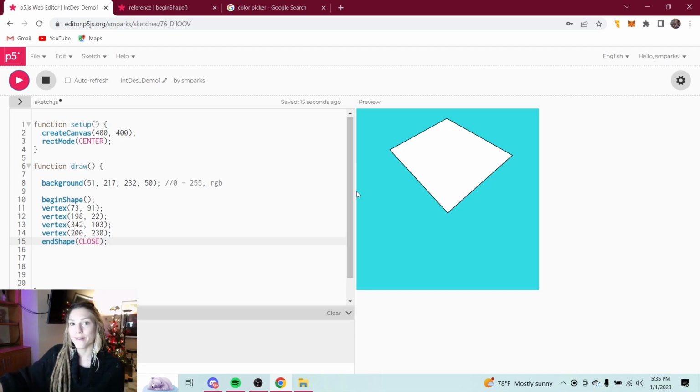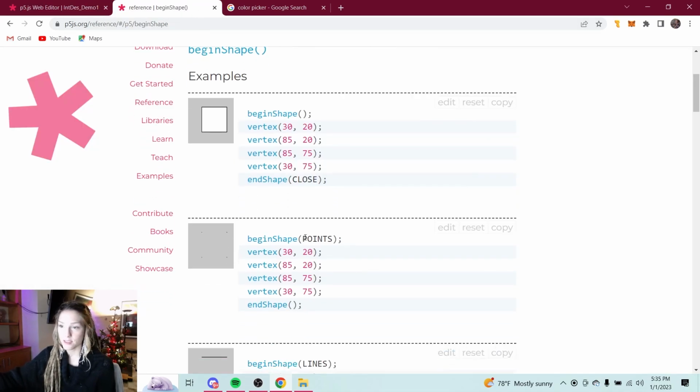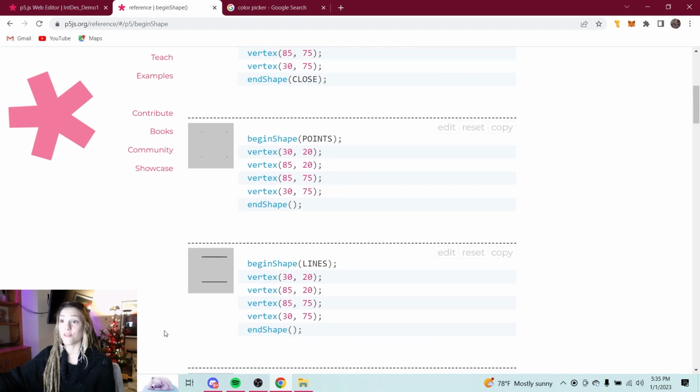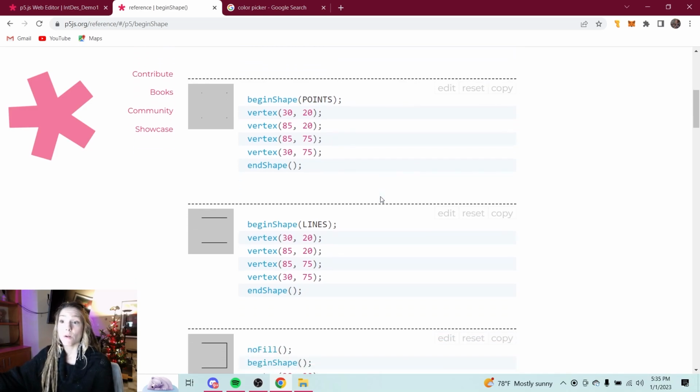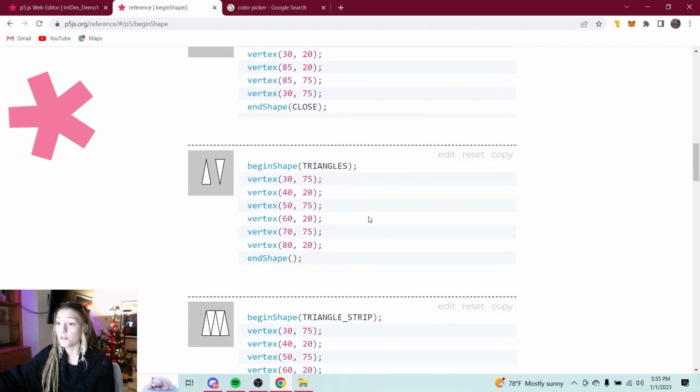So go ahead and play with that a little bit on your own. I'm not going to describe that much further, because if you come over to the reference, you can get a lot from this reference. Like you can make them all points if you put in the parameter of points, a begin shape. Or something that I found really helpful the other day